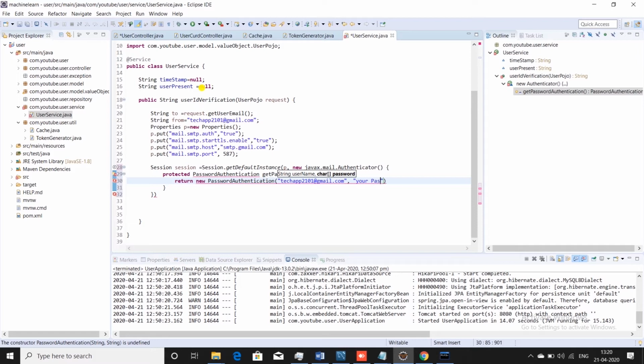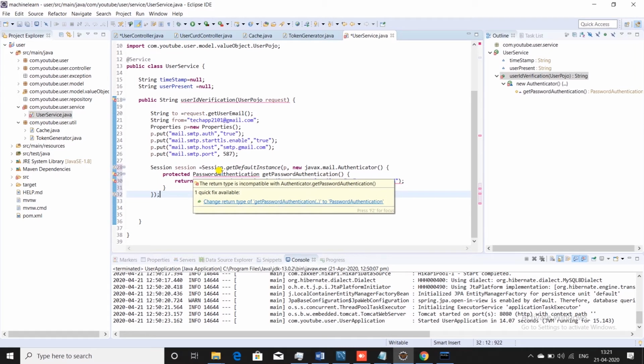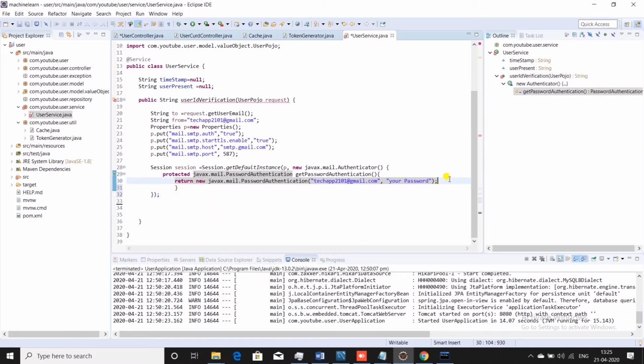Though I am not sharing the password with you all. Okay, now we have to give semicolon. Okay, it's showing error, why is it showing error? Okay,